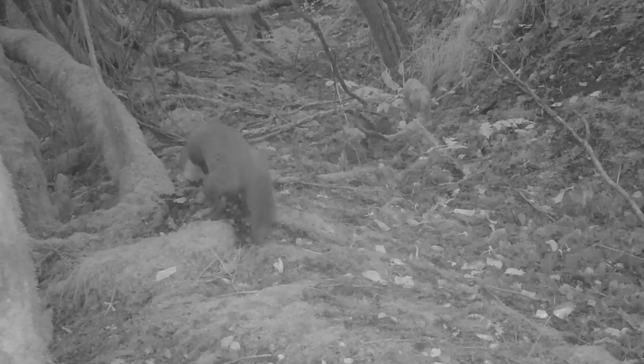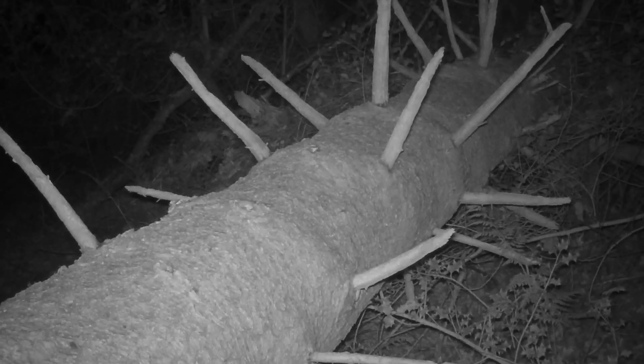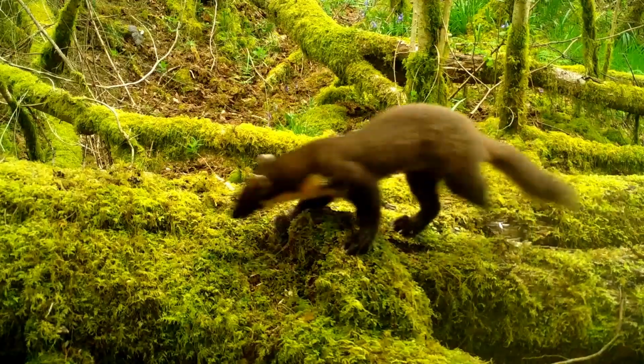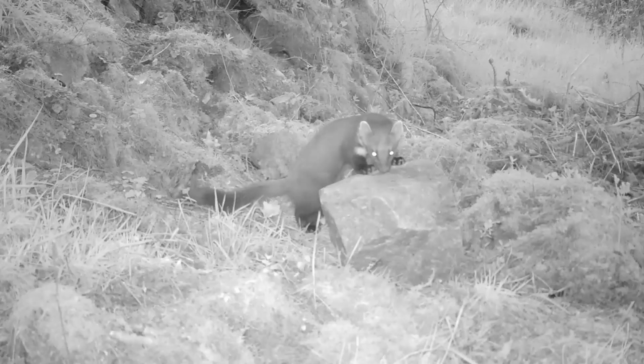What skills and personal qualities does a person need to work with Pine Martens? You've got to be a particular character, I think, to cope with working outside in all kinds of weathers, and also to be able to conduct field research, have an eye for detail. So a key part of looking for Pine Marten territories would normally be to look for the Pine Marten scats, which we've had to do out in all kinds of weather, absolutely torrential rain and hail, which makes it quite difficult to concentrate on what you're doing. So I think just having that eye,